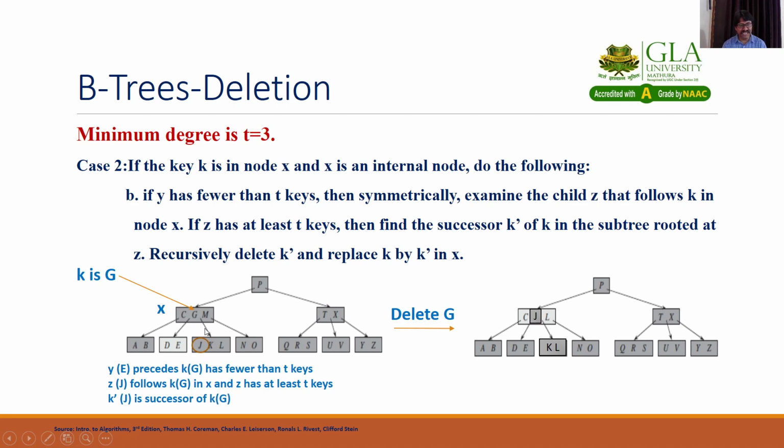So what will be the exact successor of this G? That will be J. So we will bring this J to the position of G, and G will be overwritten by J. So what remaining elements will be there? K and L. How many minimum elements are required to save the property of the B tree? So that will be K and L. D, E already has 2 elements. K and L are already the 2 minimum elements, and J will reach here and override G, so G will be deleted.